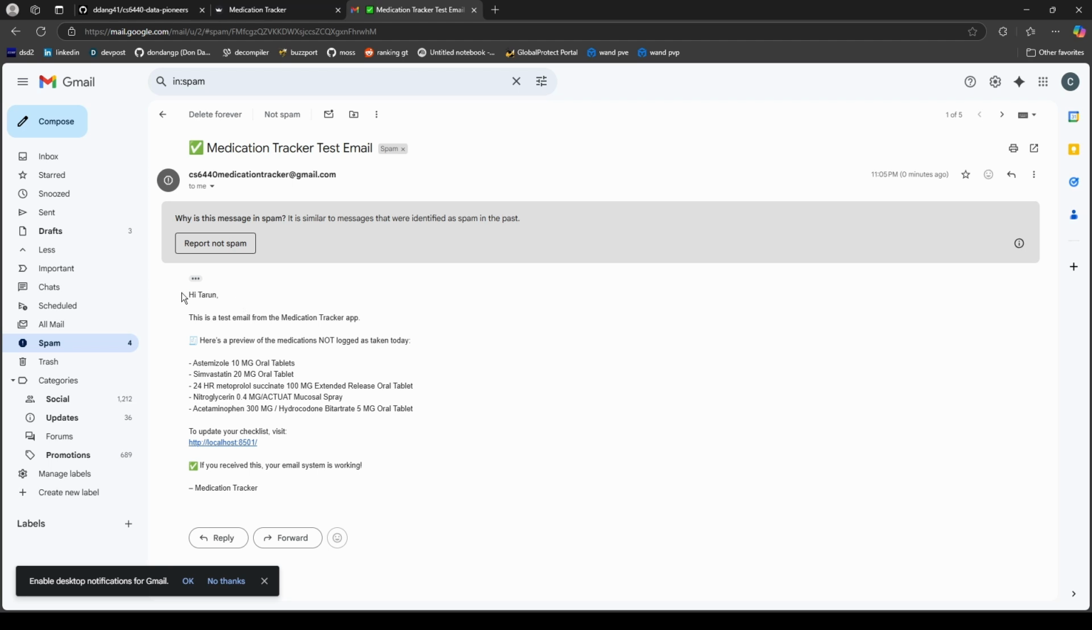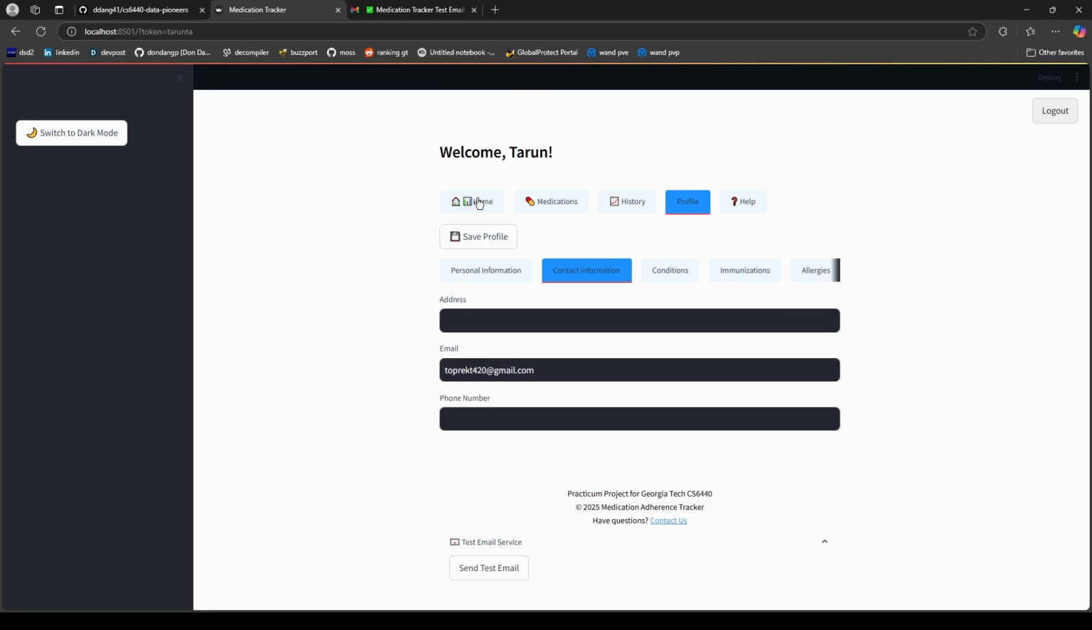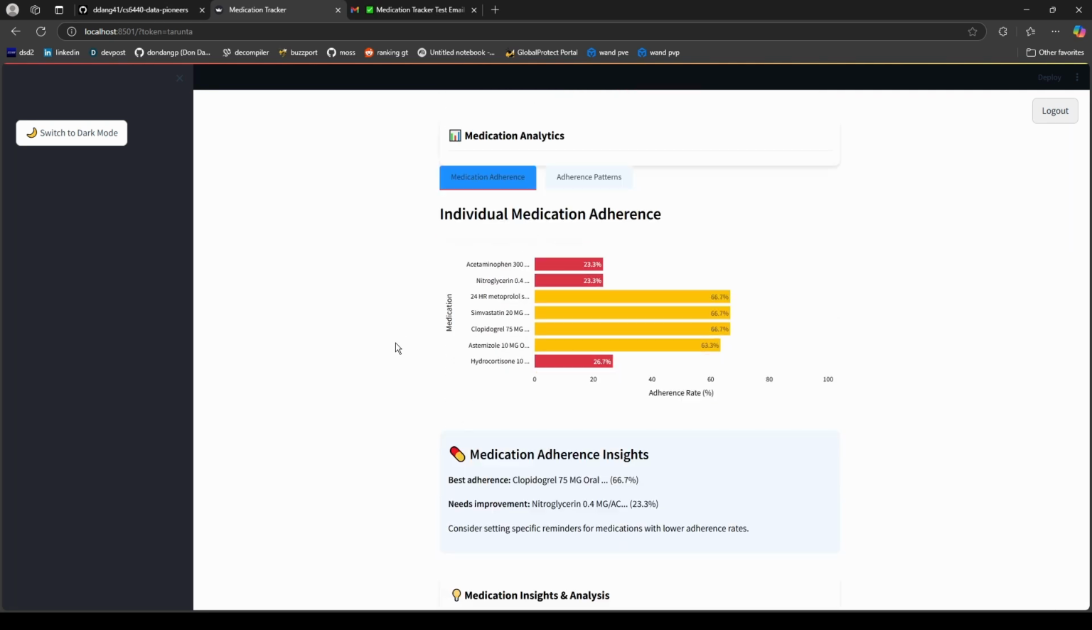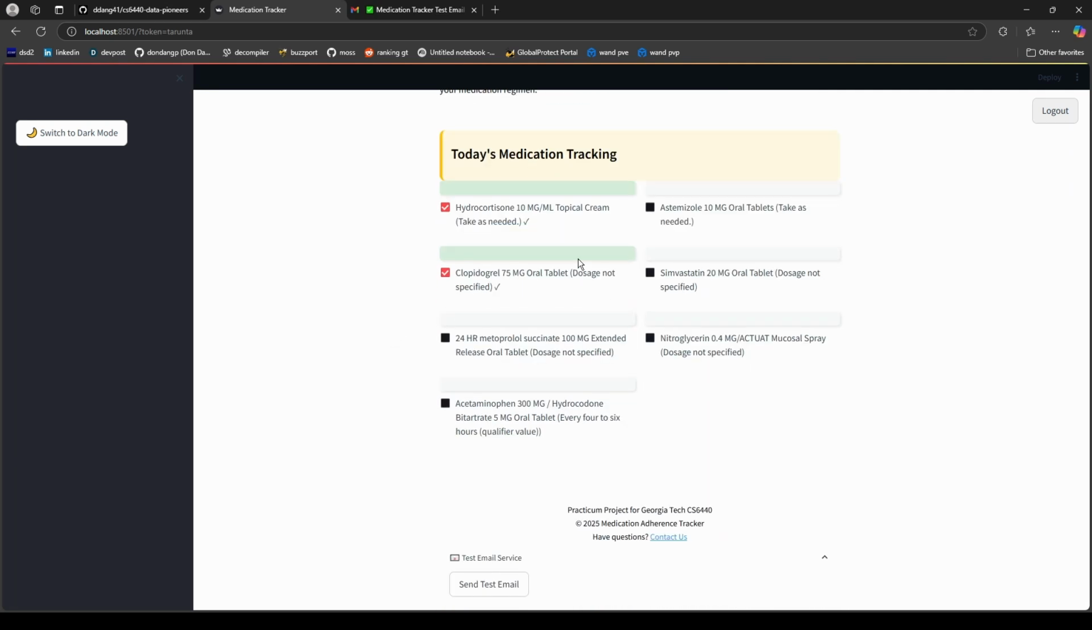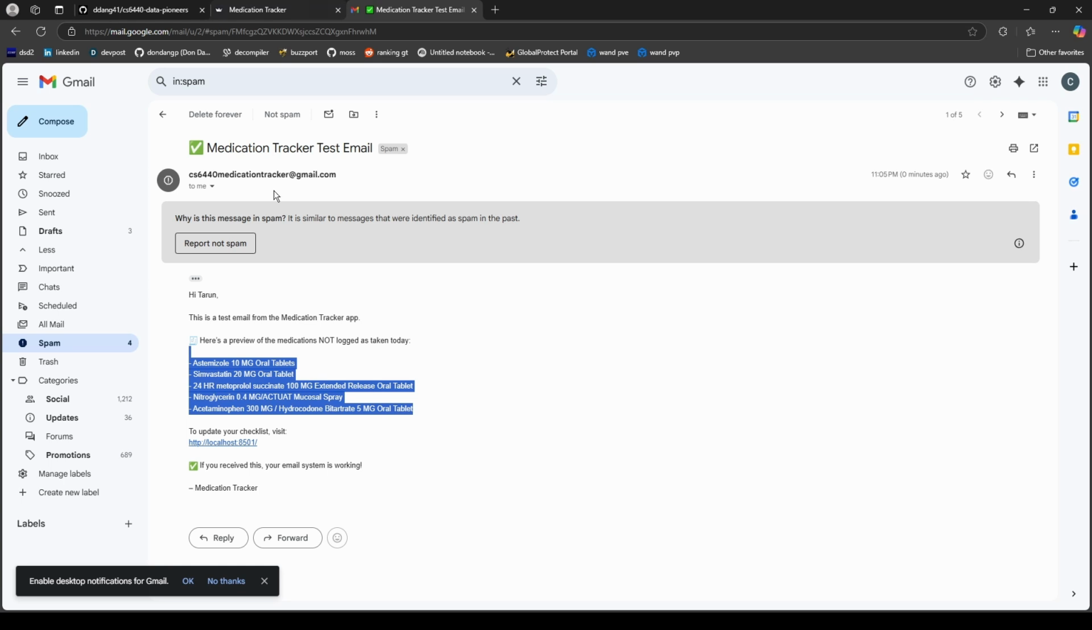But yes, it says, "Hi Tarun. This is a test email from the medication tracker app. Here's a preview of the medications not taken today." And it shows all of the medications that weren't taken today reflected on the app right here. And it will give a URL, which is currently our local host, but it will update to our actual website where the user should be able to log in and update